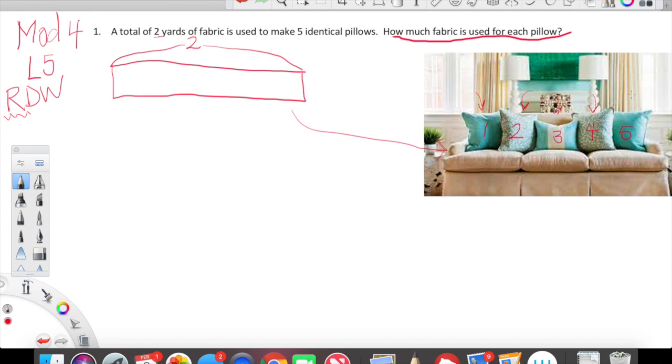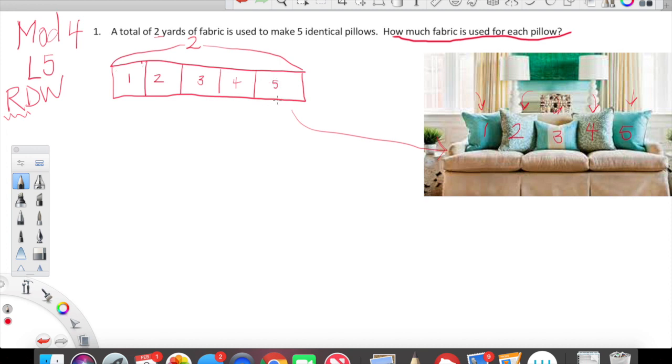So what we need to do is slice our 2 yards of fabric into 5 equal pieces because we're going to make 5 pillows. So we have 2 yards of fabric, and we're going to make 1, 2, 3, 4, 5 pillows out of